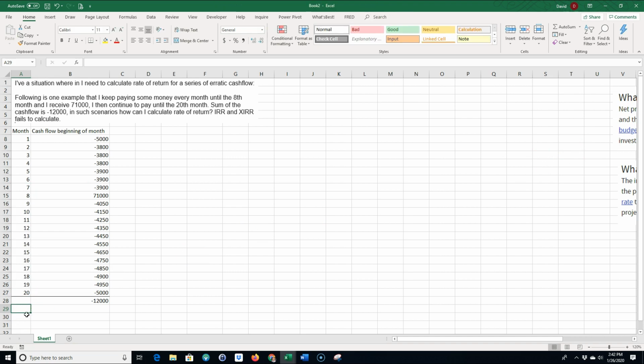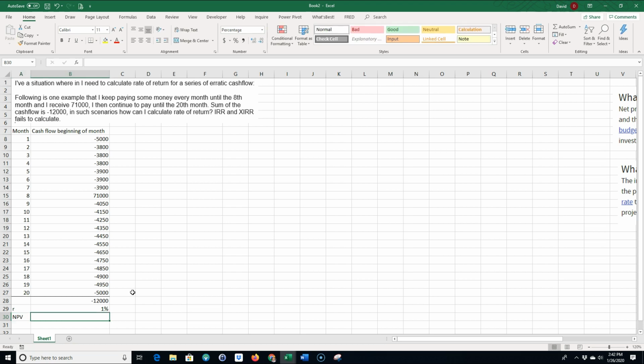Okay, so first let's just do a test calculation for NPV. So we have to assume an interest rate, and let's assume 1% per month. Okay, 1% per month. 1% would be like 12% a year, right? So that's a pretty good return on a project. And so we can calculate NPV,